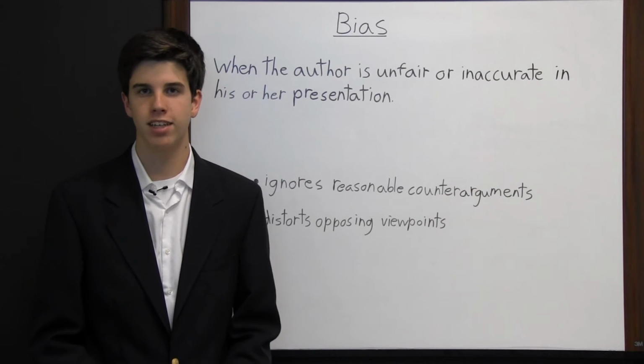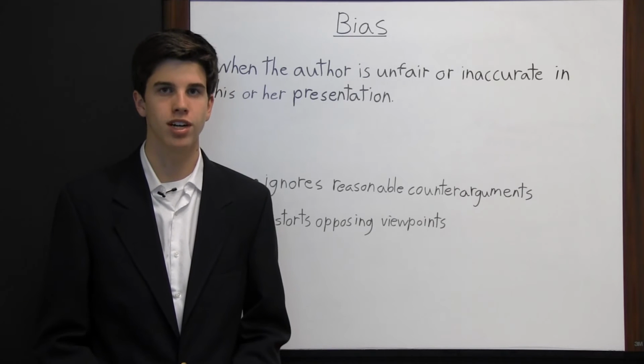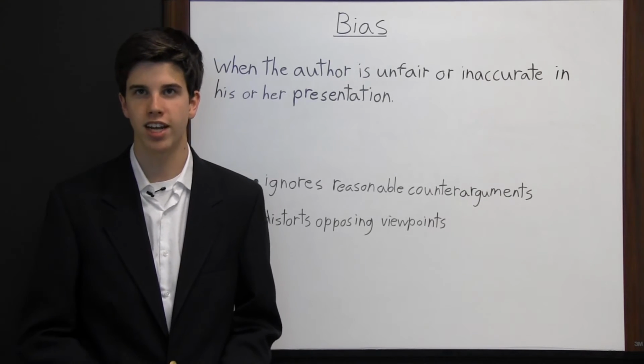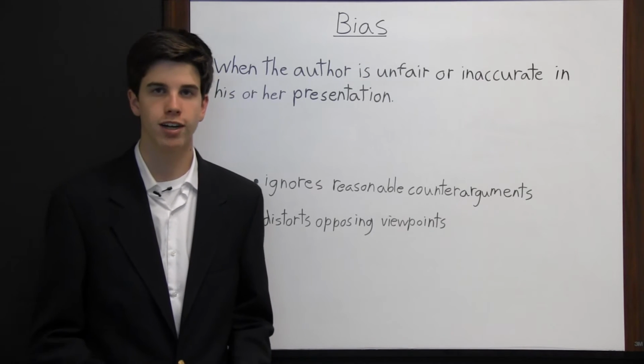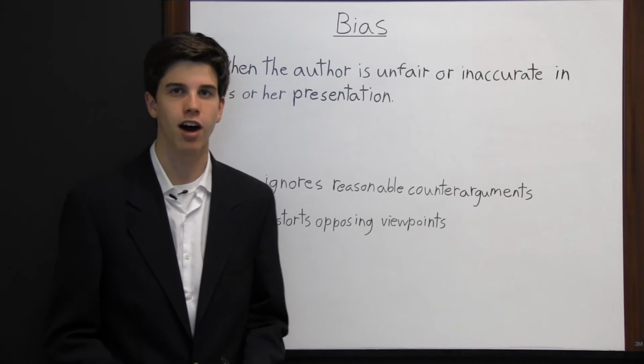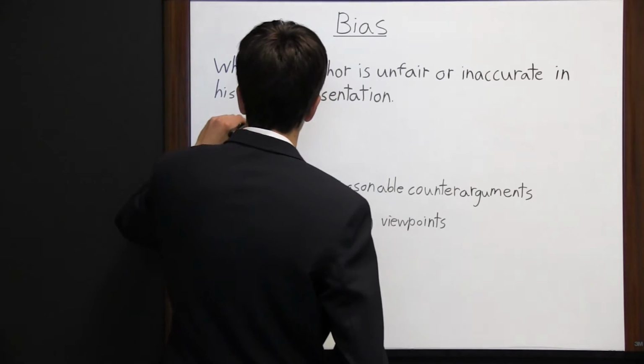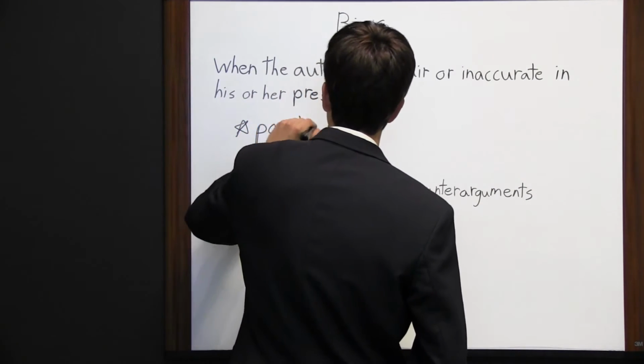A bias is basically when an author is unfair or inaccurate in his or her presentation of something. In their attempt to persuade, writers often make mistakes in their thinking patterns and writing choices. This is because every author has a point of view. And that's important to remember. Every author has a point of view,